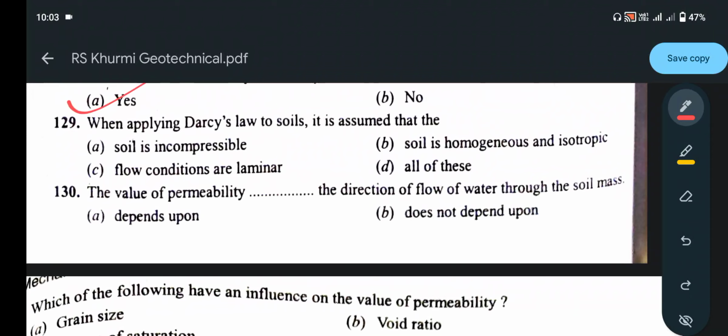Next question, when applying Darcy's law to soils, it is assumed that the soil is incompressible. Yes, correct. Soil is homogeneous and isotropic. Yes, correct. Flow conditions are laminar. Yes, correct. So the answer will be all of this. The value of permeability dash the direction of flow of water through the soil mass depends upon or does not depend upon. Of course it depends upon, because one is the horizontal flow, one is the vertical flow, and